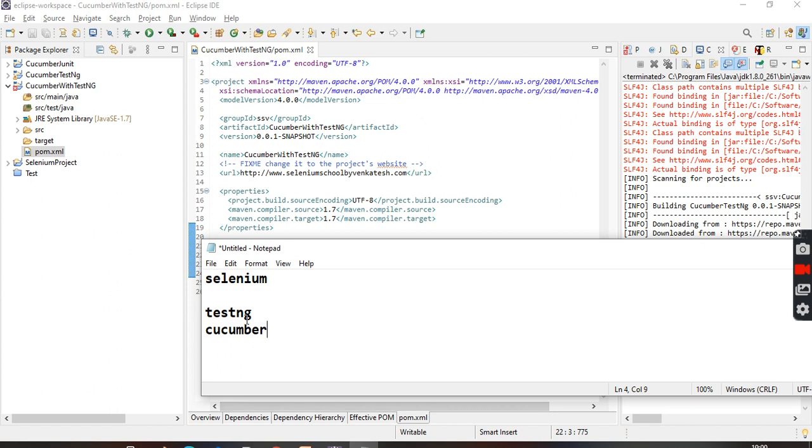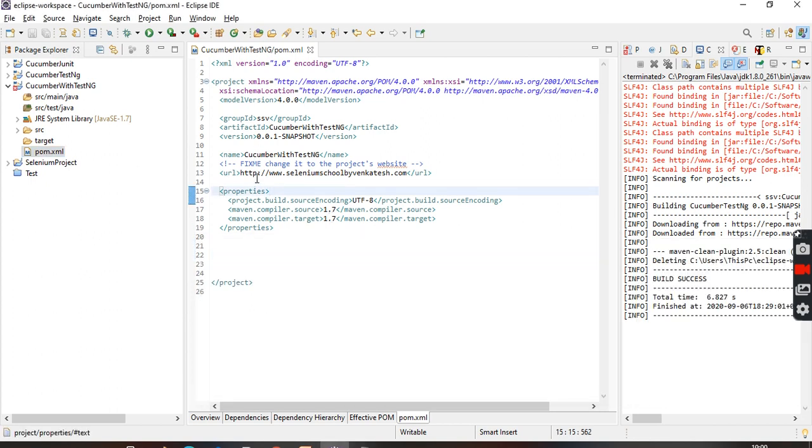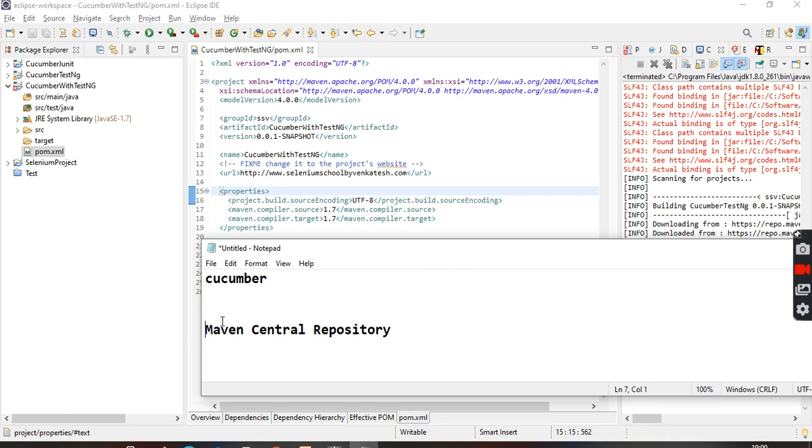Maven maintains some structure. What is that? It's the Maven central repository. So what will happen? This pom.xml will contact the Maven central repository and download the required jar. And the downloaded jar, where will it go?